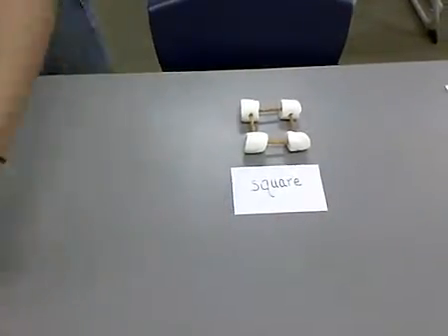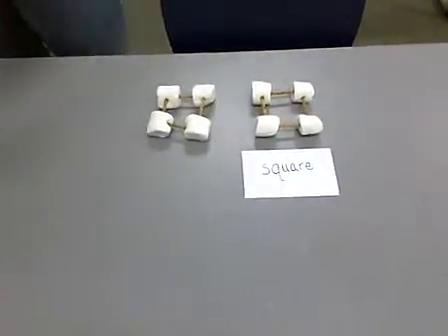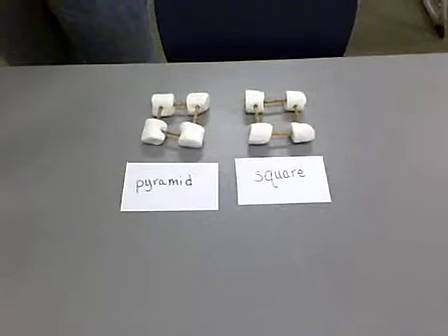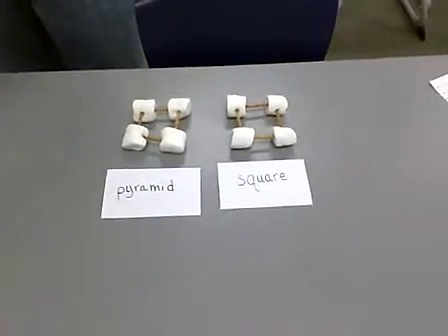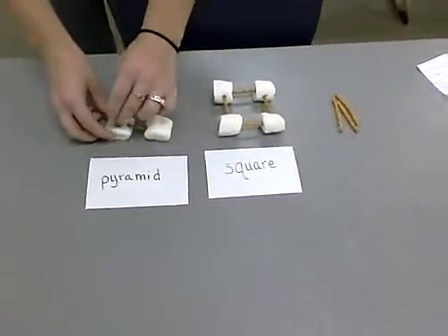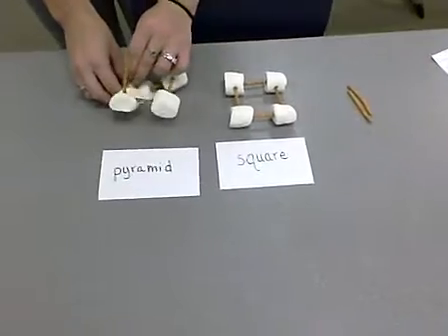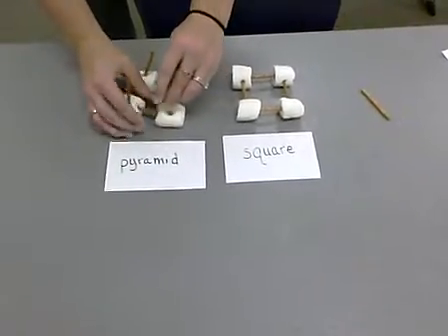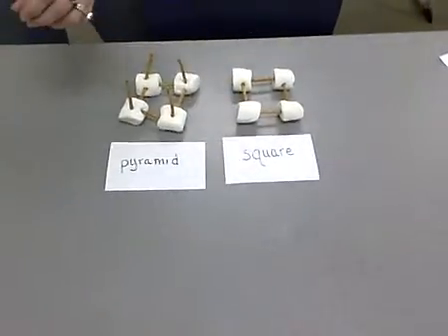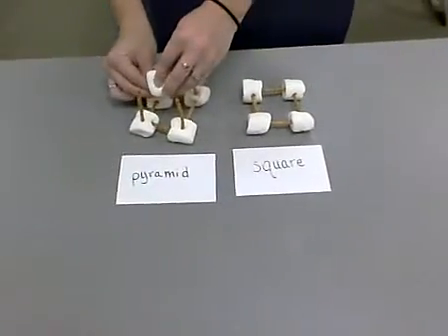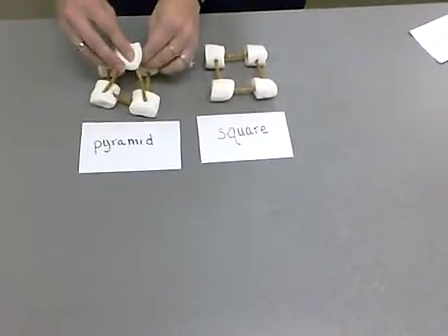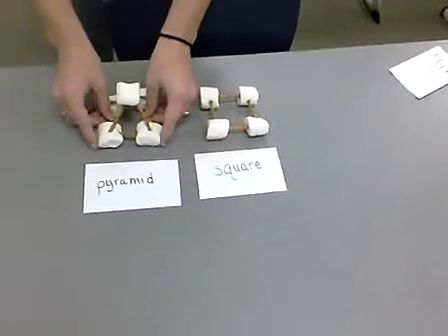Now we're going to make another shape that is 3D and geometric, that starts out with a square base, just like our cube, and that is a pyramid. And the way we do that is we stick 4 pretzels into the square, just like with a cube, only this time we connect each one of them here in the middle with 1 marshmallow. And now we have got a pyramid